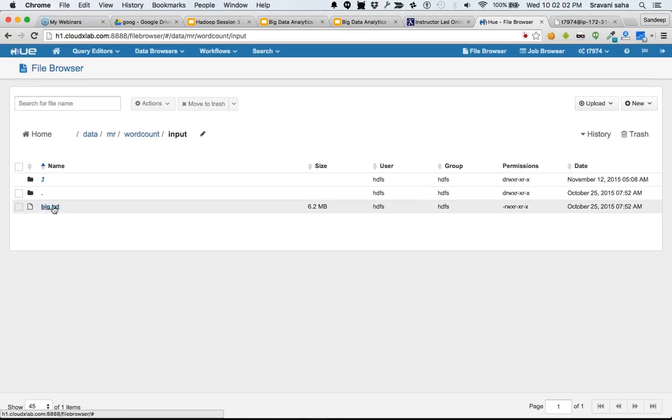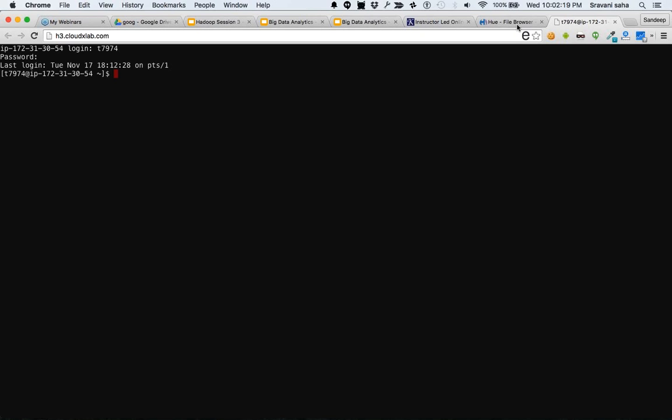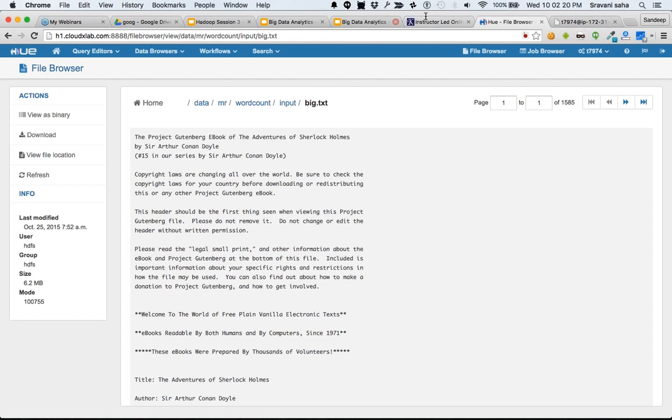Inside that, we have this big.txt. It's a big file. I have combined together all the Sherlock Holmes books, concatenating them into a single file. So we have got this big file, and that's what we are trying to run right now.